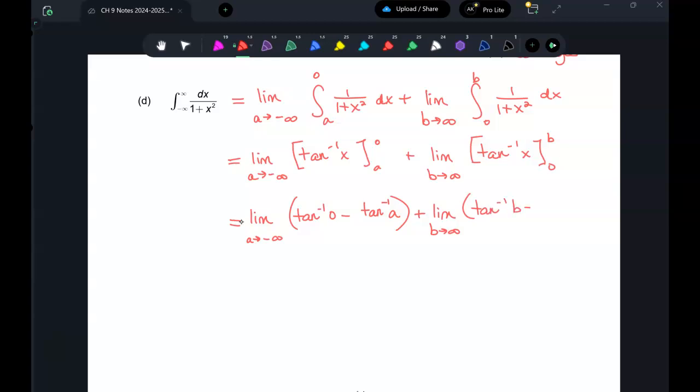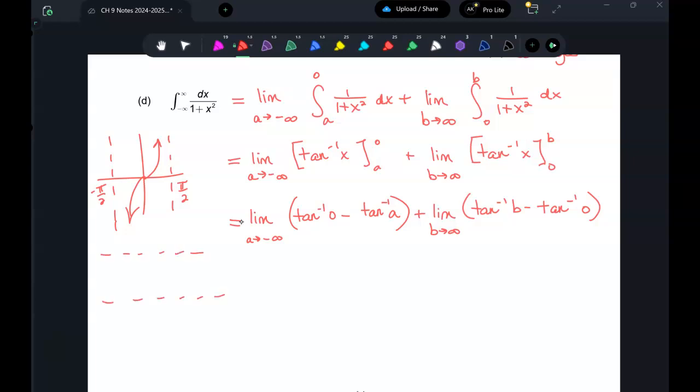Curveball. Wait, what? Because tangent inverse of infinity is pi over 2, isn't it? Tangent inverse of infinity, like, not enough? So tangent inverse. What does tangent look like? Tangent has multiple asymptotes. Right, so here's tangent. Then tangent inverse is going to have,